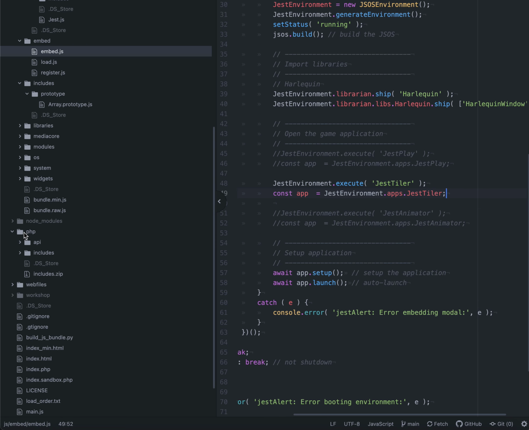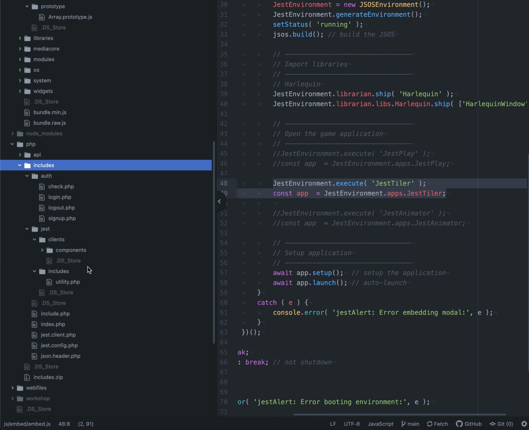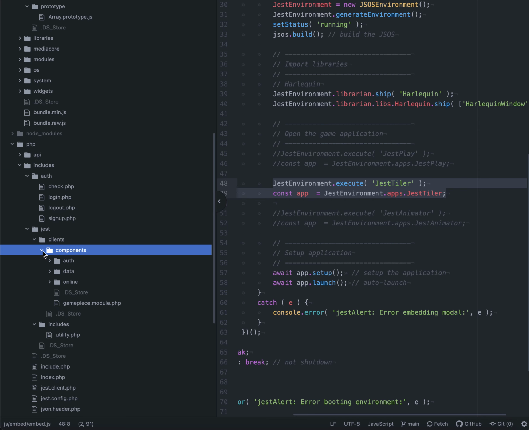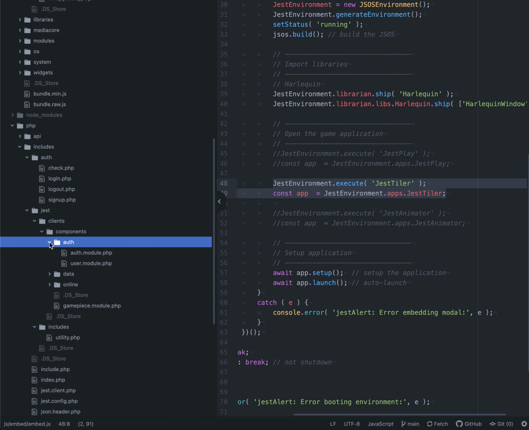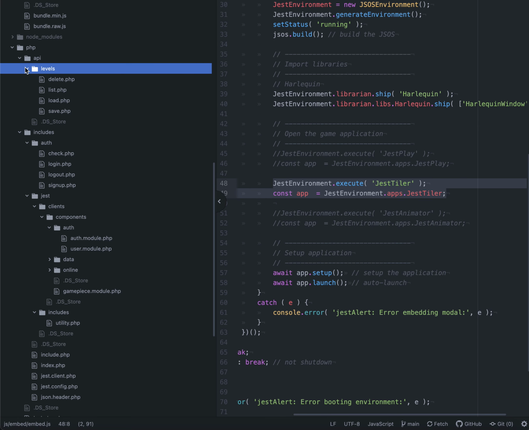So if you go into your root here, you're going to see a PHP folder. So the JEST Tyler is going to prompt you to log in, and that login system is being handled through these files. So you've got your authentication, you've got various components for these files. And then you've got your include for the utility. And this is just a very, very super lightweight, generic beginning of a quote unquote